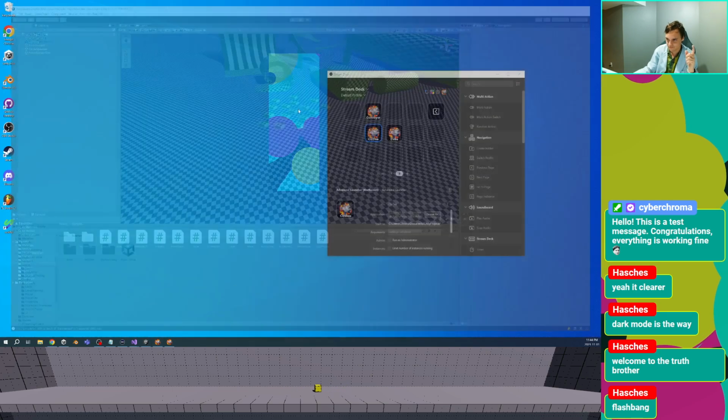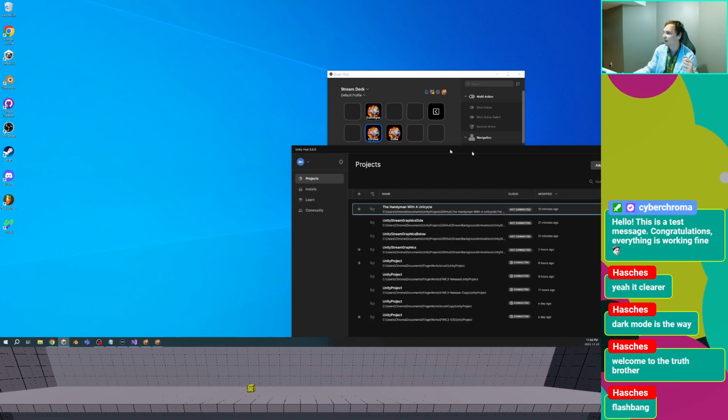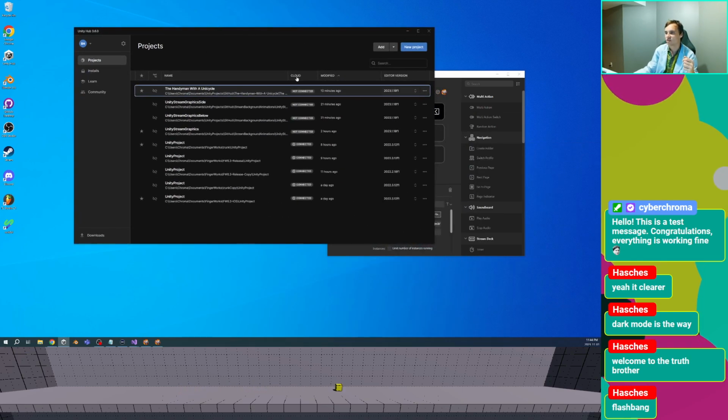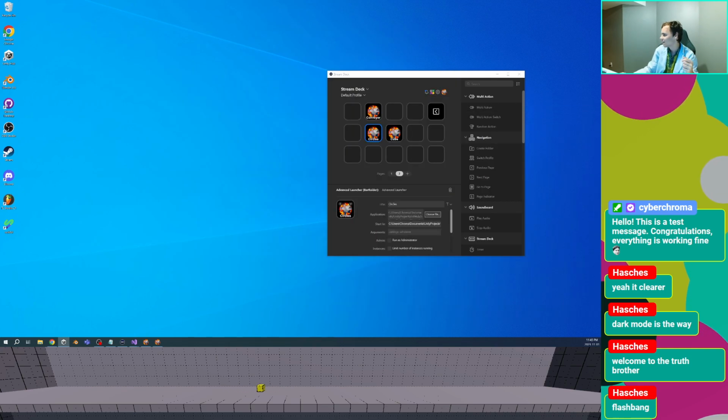Anyways, I'm gonna need to close Unity and then switch all of them and then open them back up, and then they'll be consistent. I even changed Unity Hub to dark mode. I think this is the one I'm liking the least. I don't know why, but yeah. In terms of switching to dark mode,